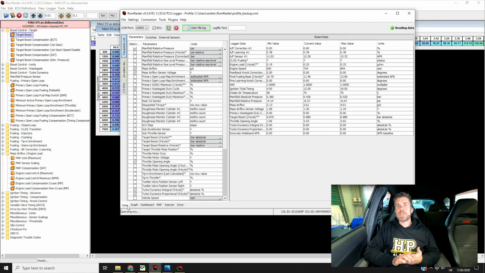So what do I mean by this? What we want to do is make sure that before we start logging, the engine is up to normal operating temperature. And this doesn't just mean that the engine is hot, particularly if we are road tuning. What we're going to be doing is spending a lot of time driving, and then we'll be pulling over on the side of the road or coming back into the pits if we're lucky enough to have racetrack access, so we can analyze what we've logged while we've been out on track and then make our changes.